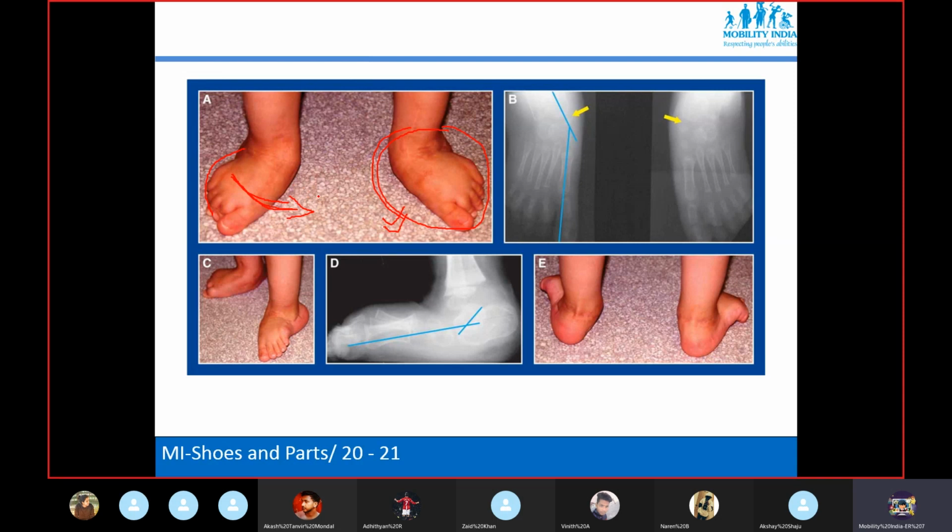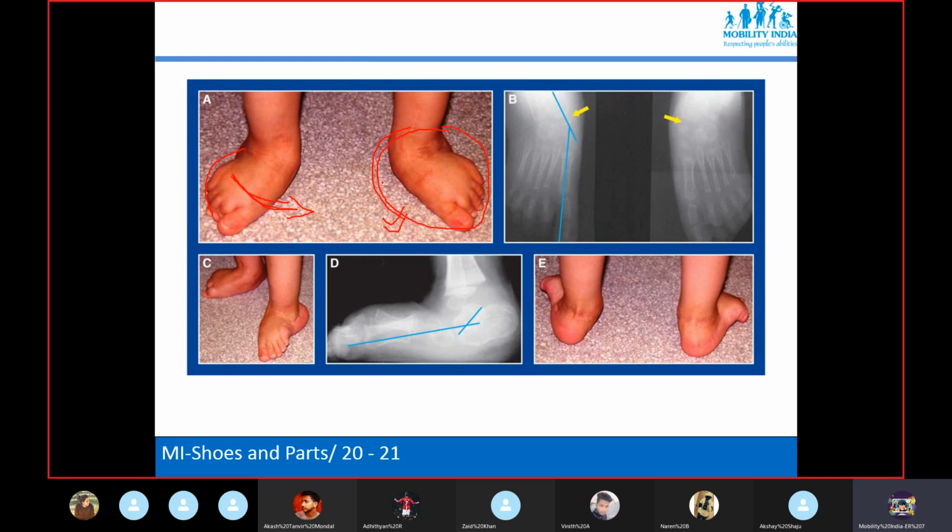Now we are discussing, if suppose many times that shoe last is not available, even the normal shoe can be used. Left shoe can be used on the right side, right shoe can be used on the left side, yes? And you can correct that deformity. You are all getting my point?